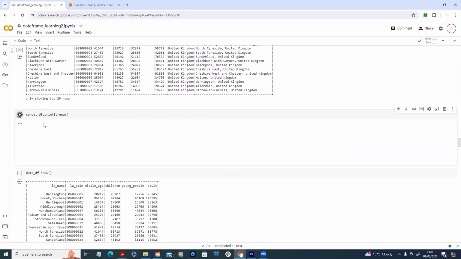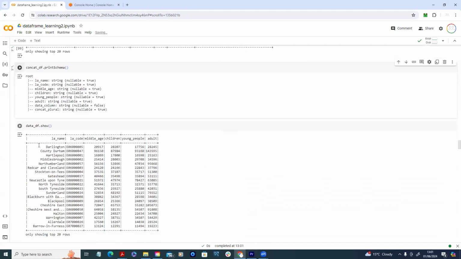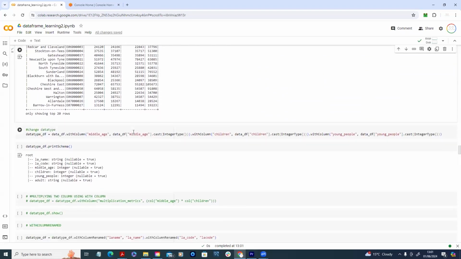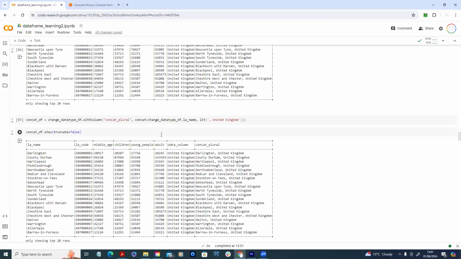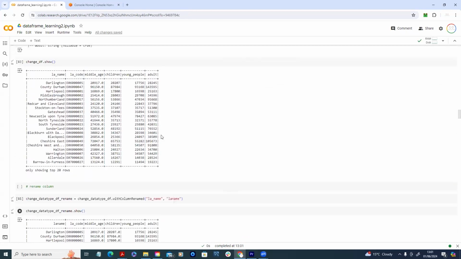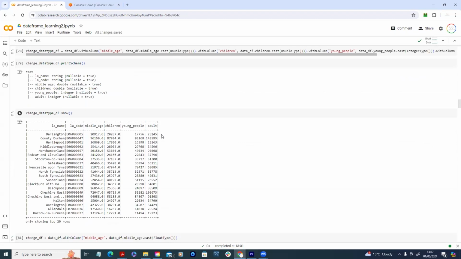Print schema. So we've printed the schema and we can see the results show. Okay, we've done data type also. So I don't think I need to cover this again. But what I did here was that, let me see the difference between them. So the difference between that data type